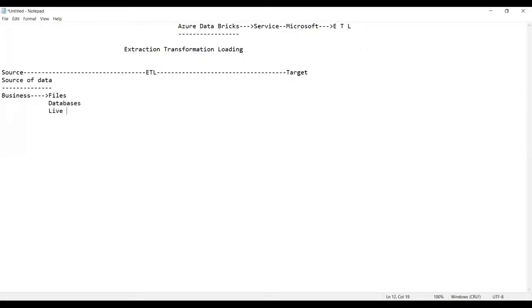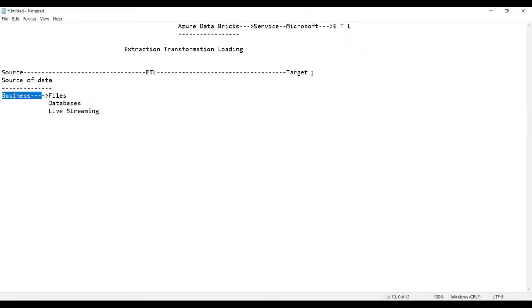So what do you mean by live streaming data, guys? Live streaming data is just like the share market data, which is live streaming and keeps fluctuating. The values keep on fluctuating at a very short interval. That is called live streaming data, just like a cricket match or the stock market. All this data will fluctuate, so we get the data ultimately from the business.